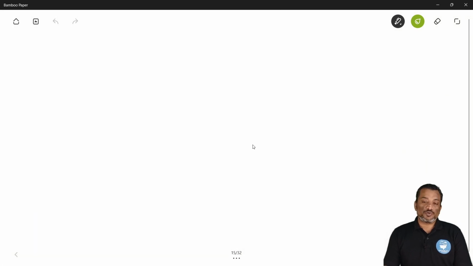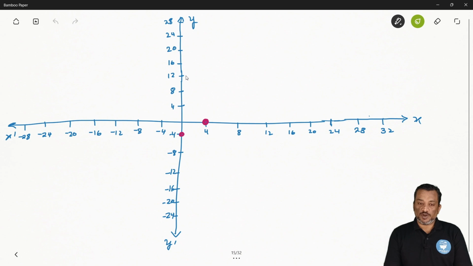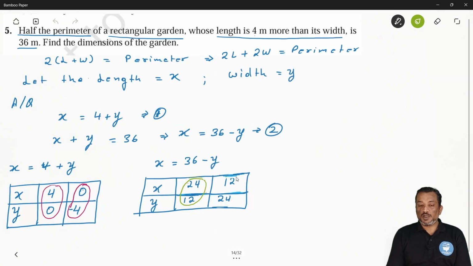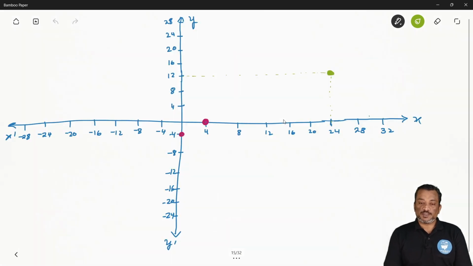So x is equal to 24 and y is equal to 12, which means it will become somewhere here, this point. Okay, so this is the point. Now the second solution set, you can see what you have been given: x is equal to 12, y is equal to 24. So just the opposite. So this is 12 and y you are getting 24, which means here